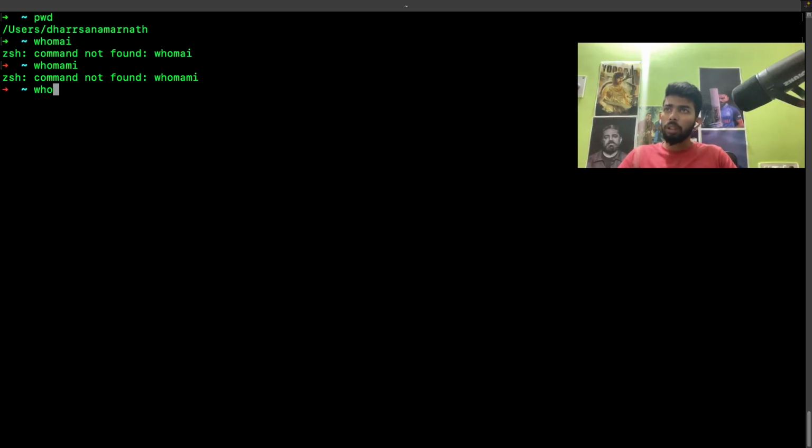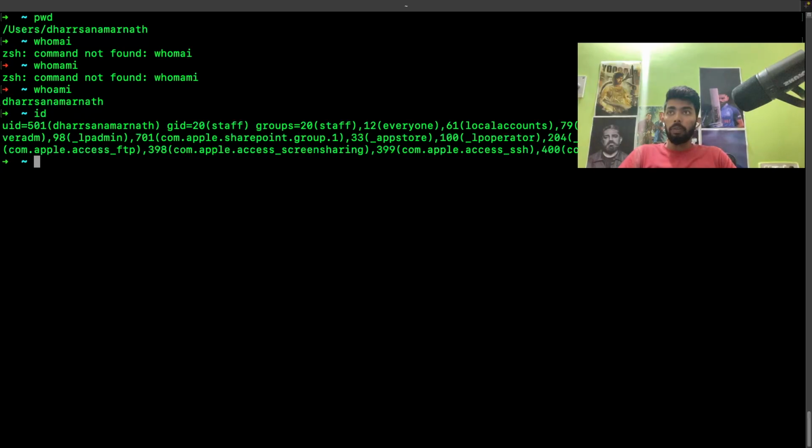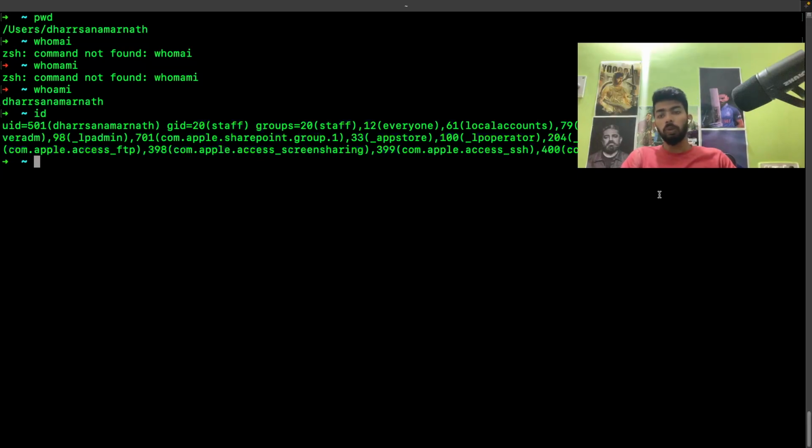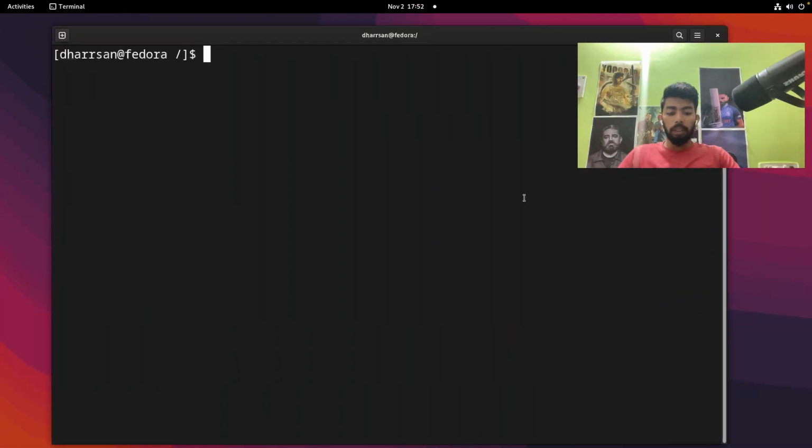Now I am the Darshanamanath user here as well. Let me see id for Darshanamanath. Yes, here I can see the admin group added. Why? Because on Mac it is not the wheel group which is added to the user to give root permissions, it's the admin group. Cool. Now the basic commands are these: chmod, chown, user add,